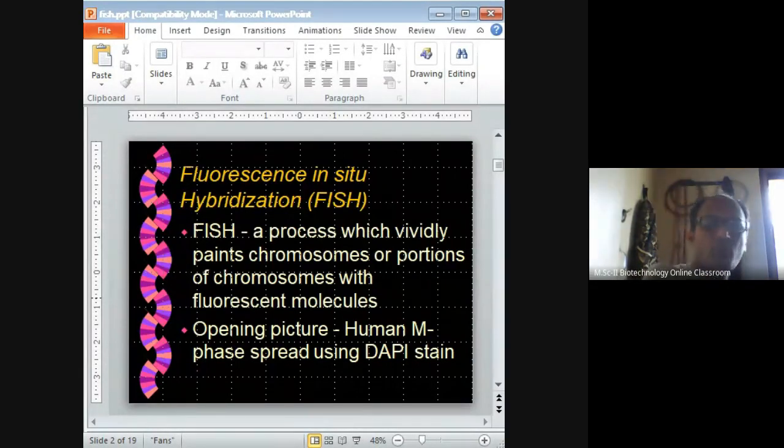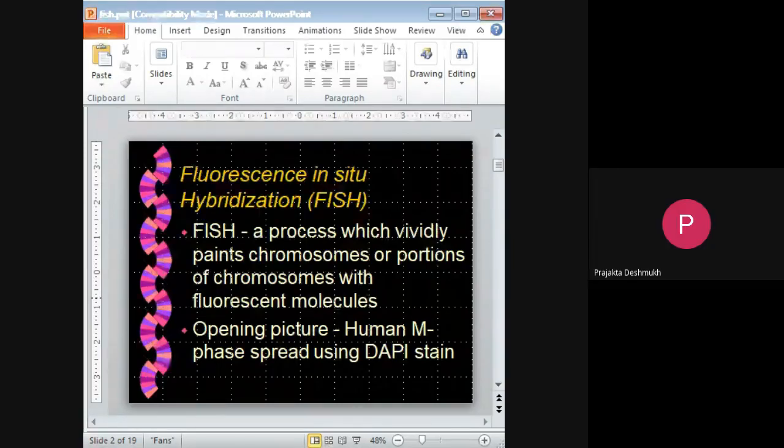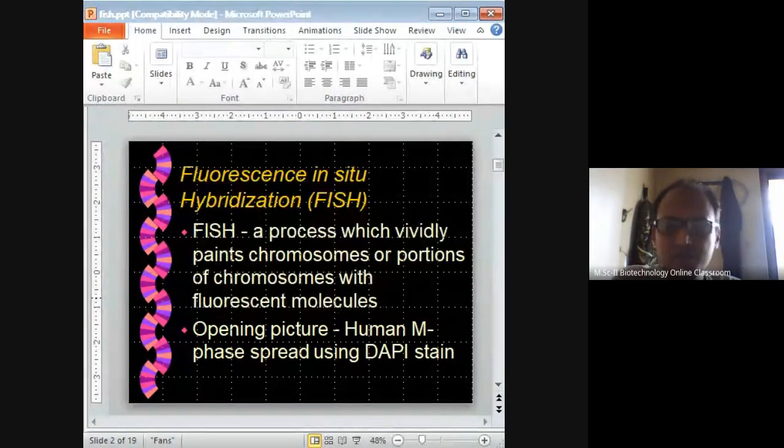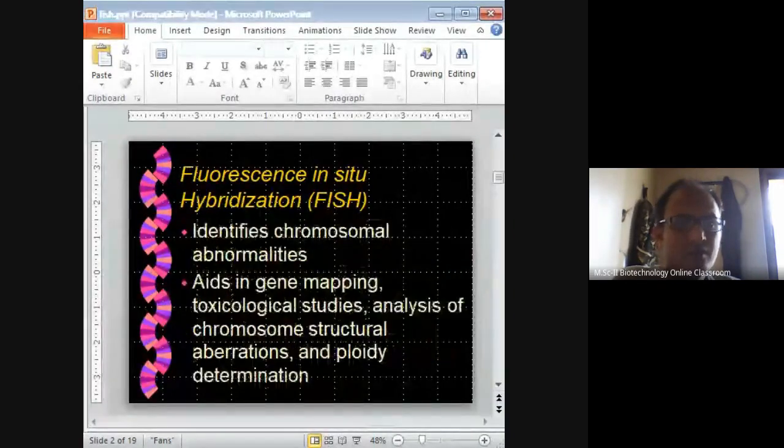The most commonly used stain is DAPI. This can be helpful in determining abnormalities in the chromosome. It helps in the mapping of genes, toxicological studies, and